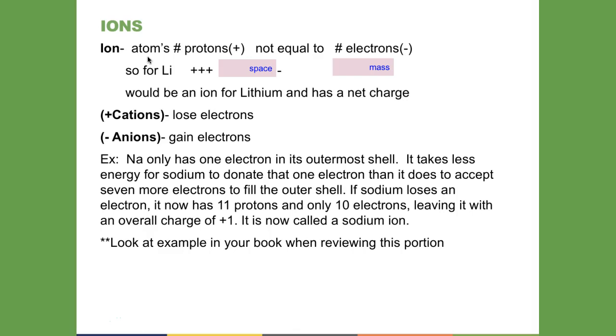So some of the atoms are going to give up an electron. Some are going to accept an electron. That's when they're actually going to be called something different. Whether they give up or gain an electron, they're going to be termed ions. If they lose an electron, they're considered a cation. If they gain an electron, they're called an anion. And that's what you can see right here: lose an electron, cation; gain an electron, anion.